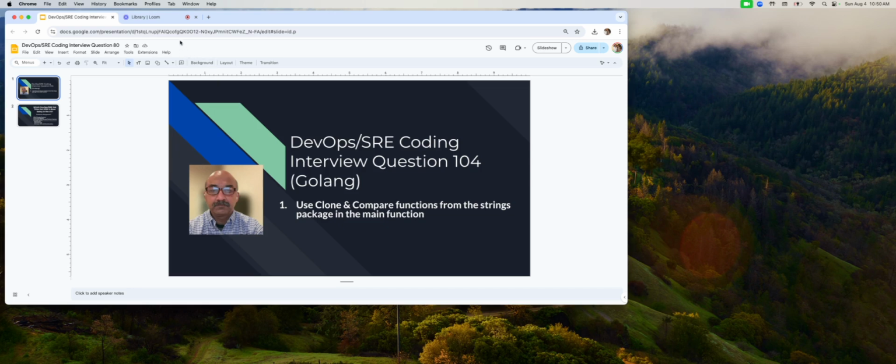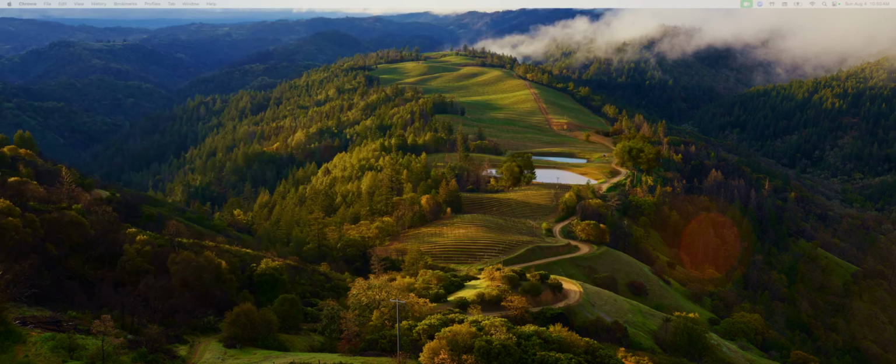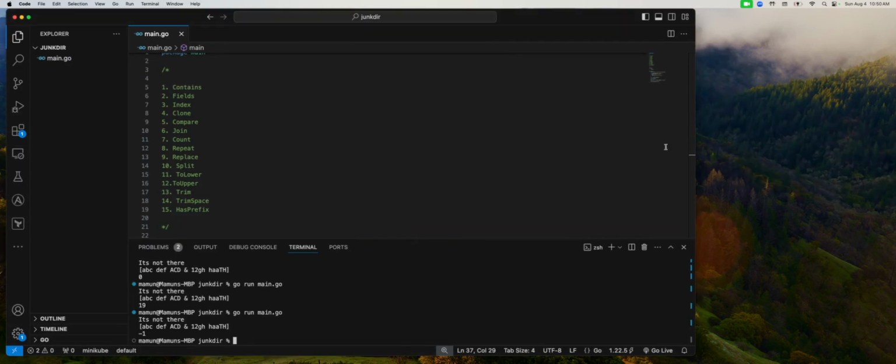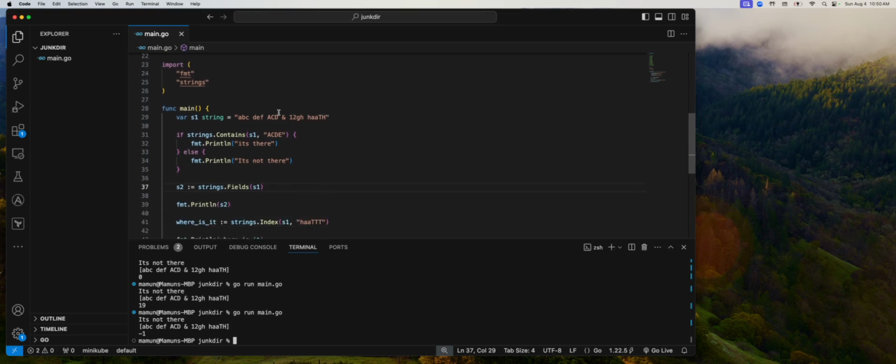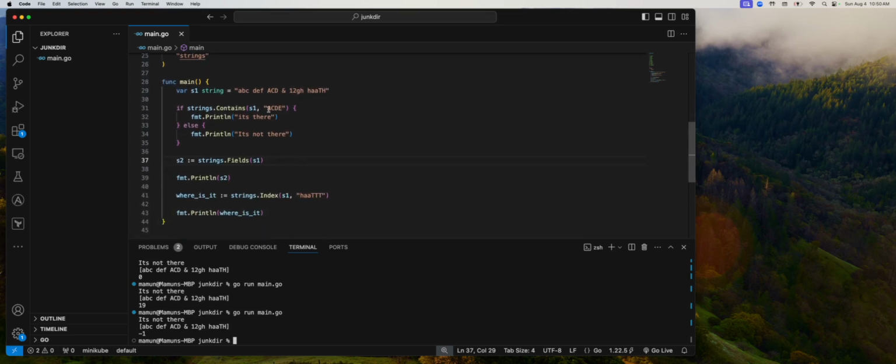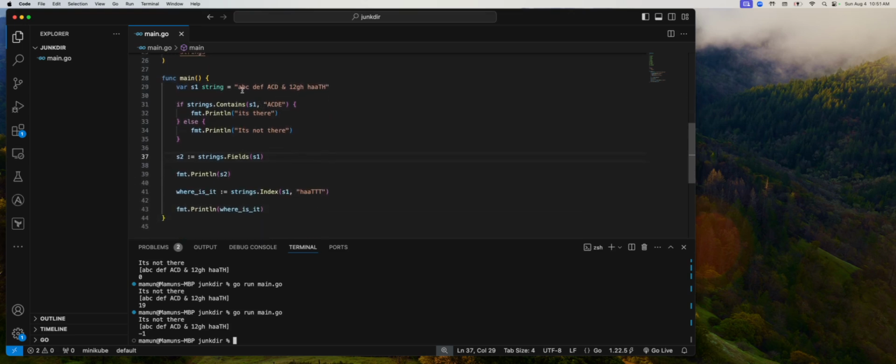And let's get started. So today we're going to go over two functions, clone and compare. Now I haven't practiced this before. I think I can swing it. So let's do this. Using the code from before, this is our string. Let's see what we can do with